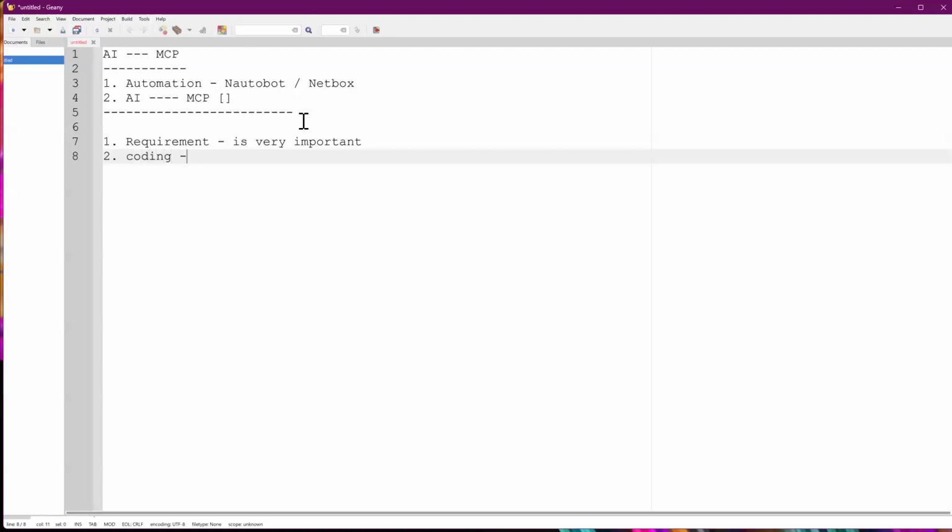We can do the scripting, right? Scripting or coding, we can do as per requirement, and then we can go and modify the code, enhance the code, right?